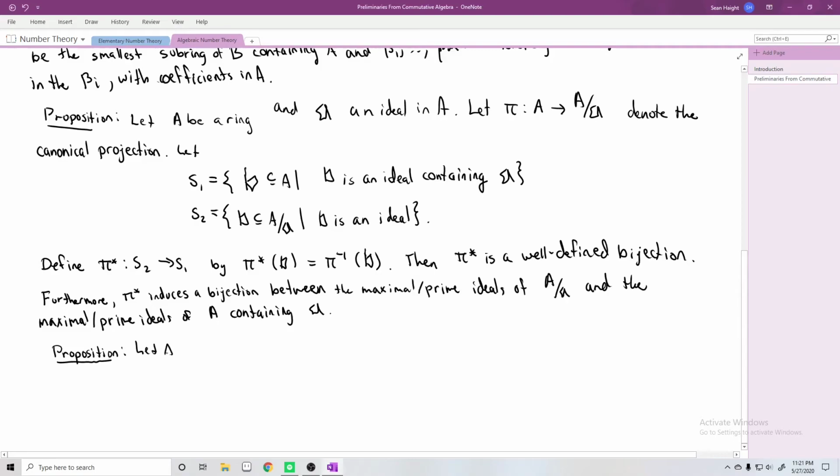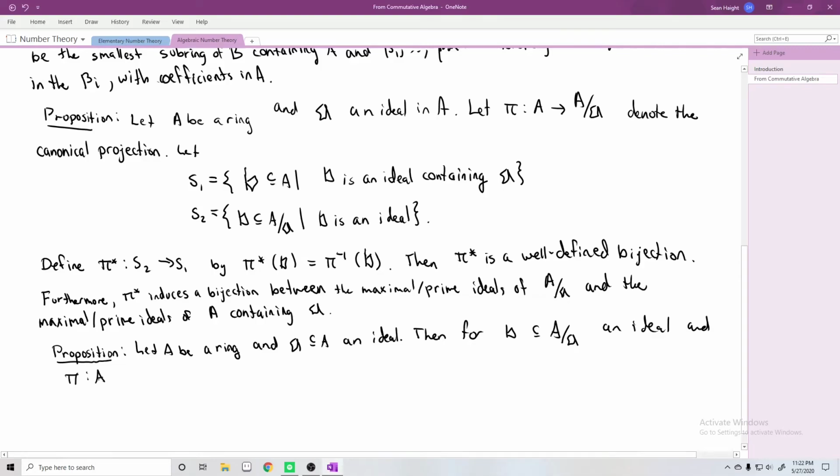Let A be a ring and 𝔞 a subset of A an ideal. Then for B contained in the quotient an ideal, and pi, again, denoting the canonical projection,